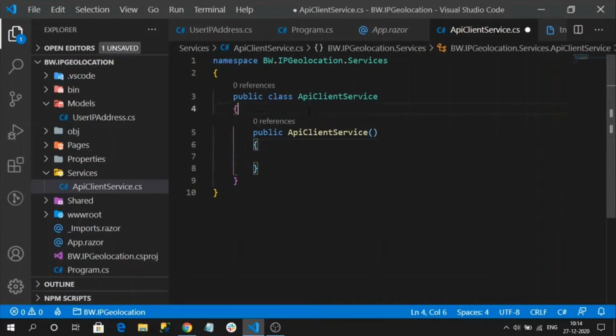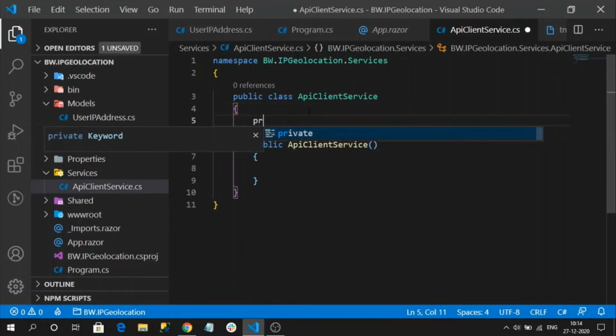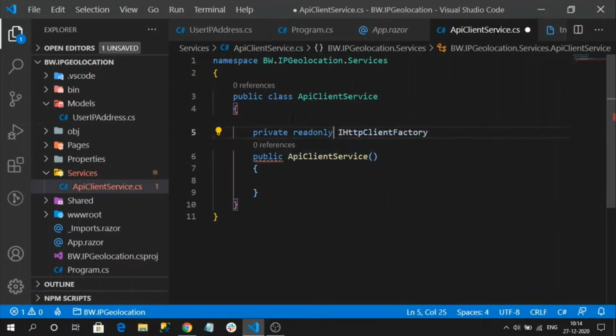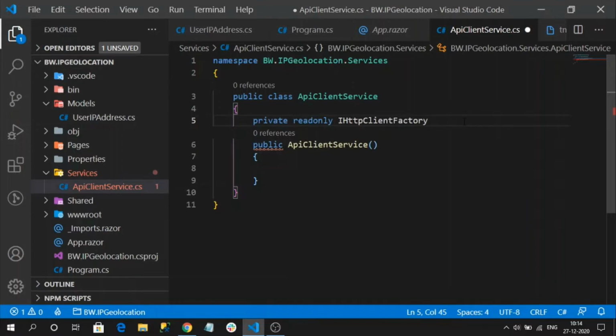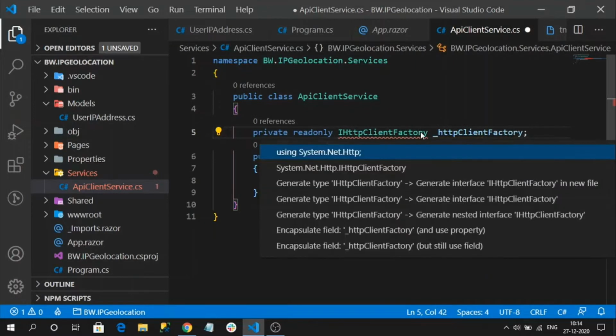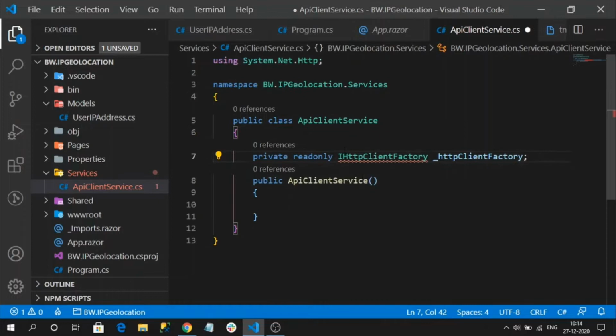Okay. So let me create a read-only variable. It should be read-only. Import the namespace.